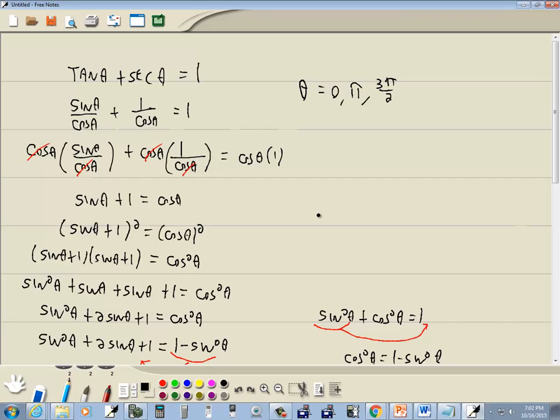Well, we need to check these. Because anytime, especially when you raise both sides to a power, you have to check it. But even more than that, when you rewrite them out of tangent and secant, you need to check your answers, make sure they don't cause an issue. So just to show how to check it,